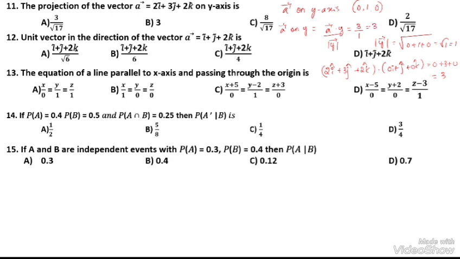The answer is 3. The option number B is correct. Now,